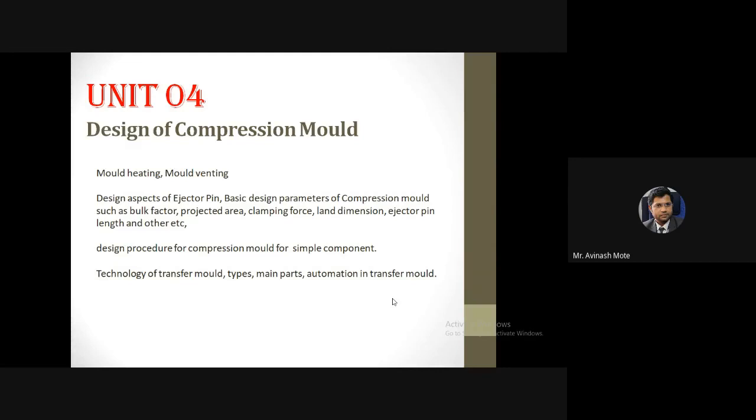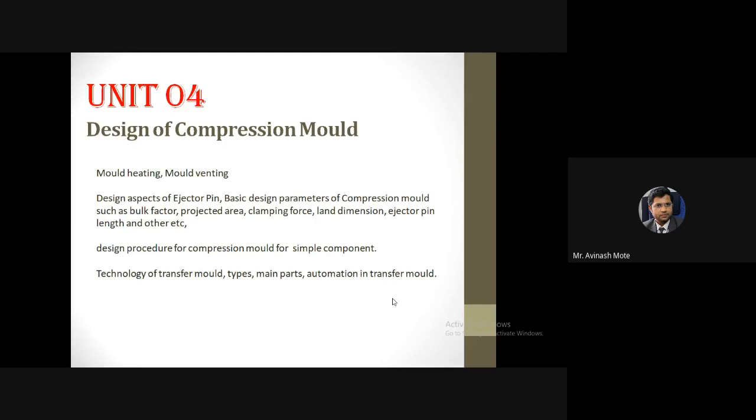It requires a different kind of setup whereby the component will not be completely inside the cavity. That time blow molding is preferred. We saw the example of that also, like manufacturing of water tanks, or any other tanks which are larger in size.